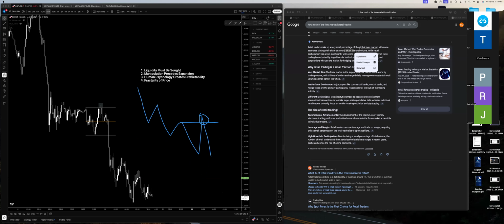And then human psychology creates predictability. Okay, well, this is a false break. No matter what you say, a manipulation is a false break. And a false break is going to incline people to be bullish in some way. I can guarantee you there's a lot of people that saw this scenario and thought, oh, maybe we swept the low, now we swept the high. Okay, let's look at the sell to buy and let's buy. But no, why are you fighting momentum? Like I just showed you guys here, right?